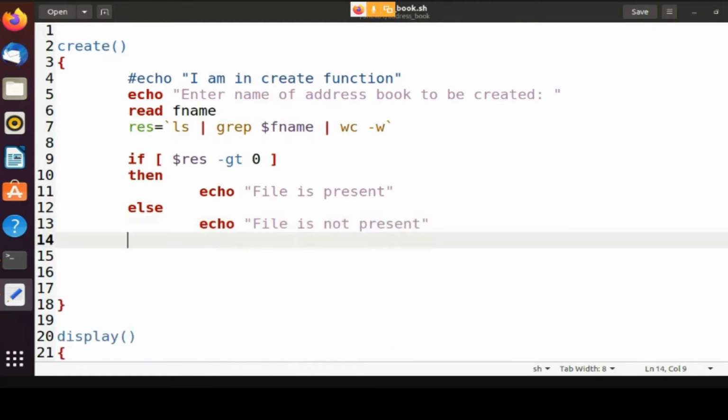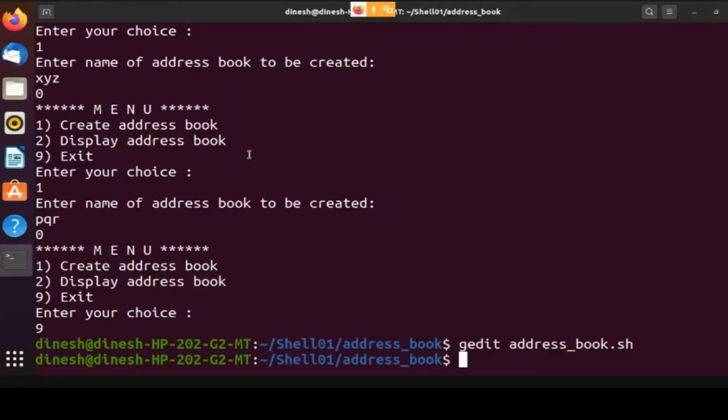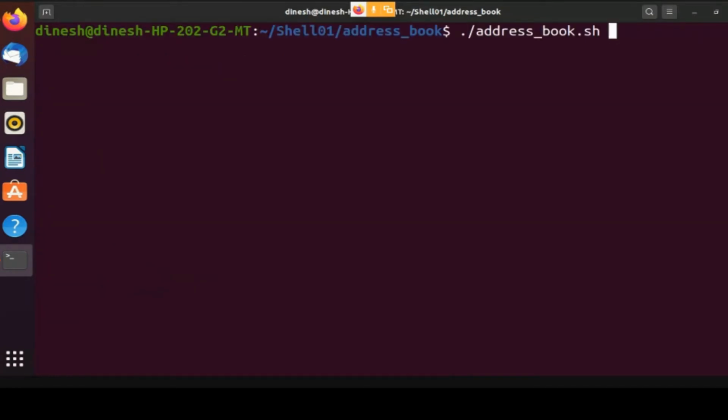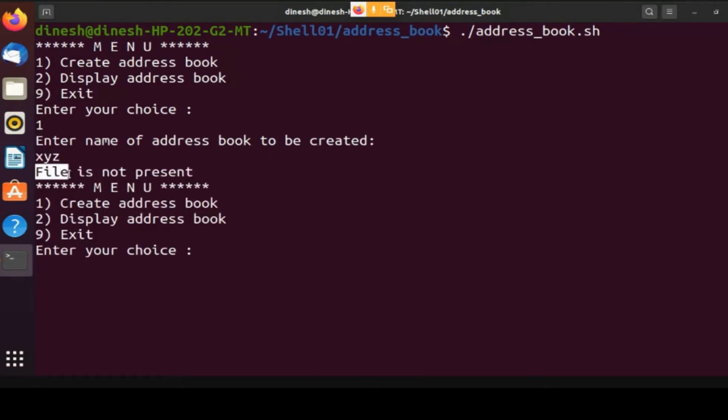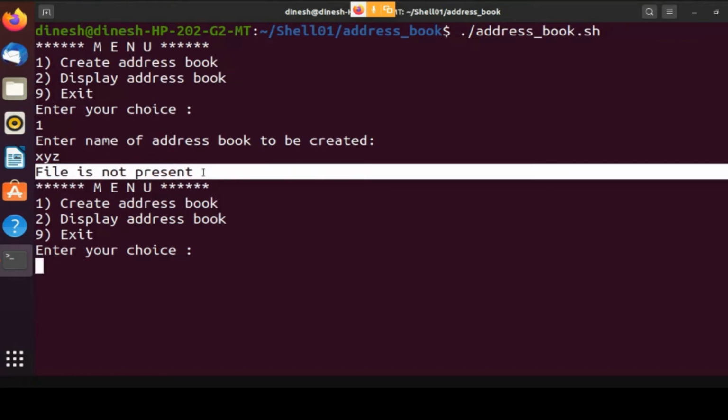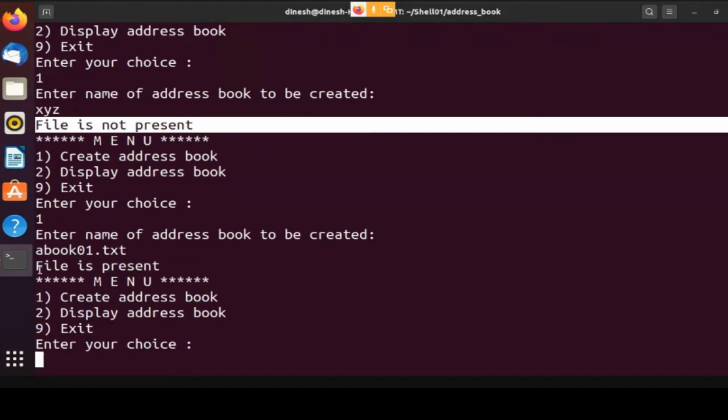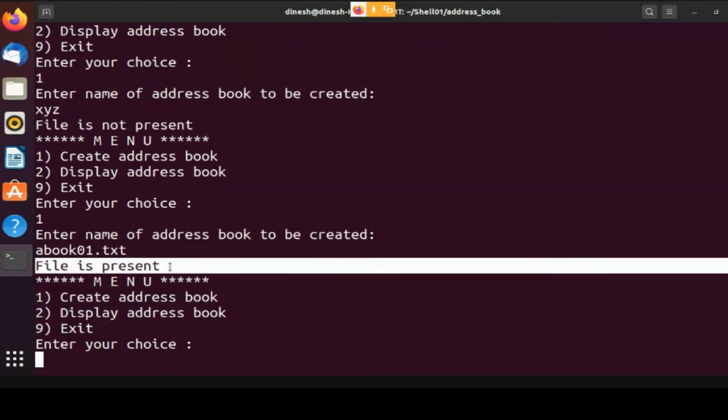And then again, let us try it out. I'll just clear it and say XYZ. Look at this. File is not present. I just replaced that 0 and 1 with the if command. And then let's say ebook01.txt, which is already present. So what will it print? File is present.